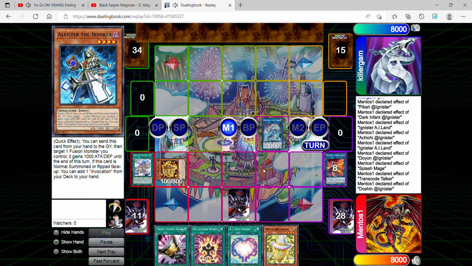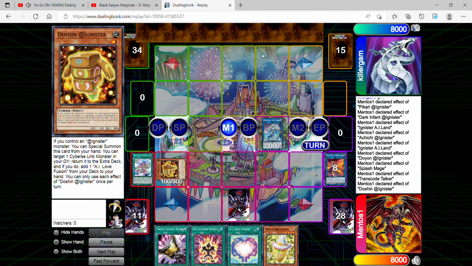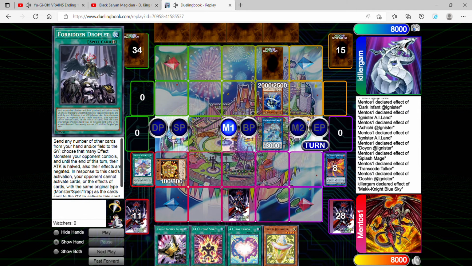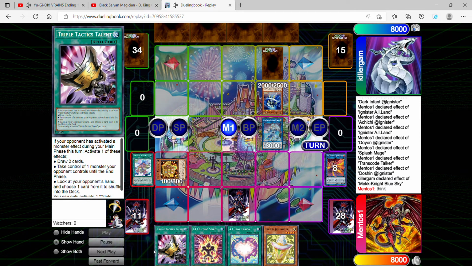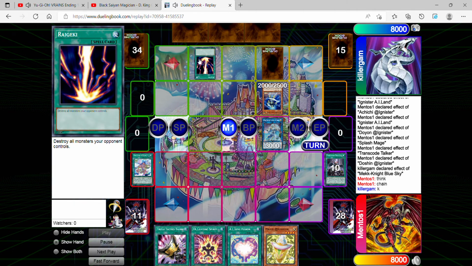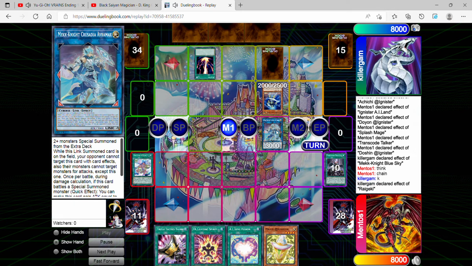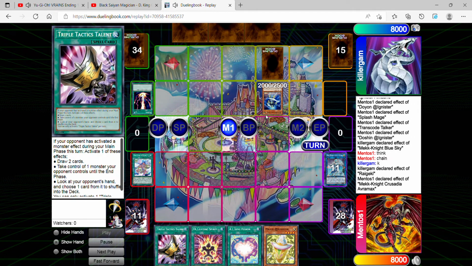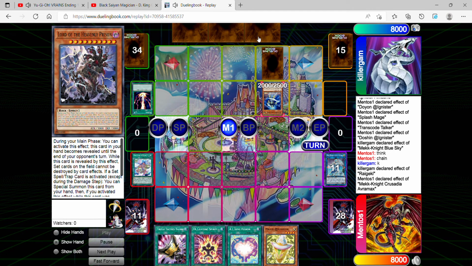So as I predicted, I was right. He would draw into Alistair, and he's gonna go into his Mekk-Knight first for Blue Sky, but then in response, when he activates its effect, I'll chain with Forbidden Droplet. He'll use Raigeki to destroy my Avermax, and then Avermax's effect will shuffle his Blue Sky back to the deck,